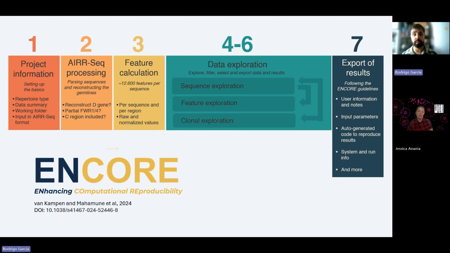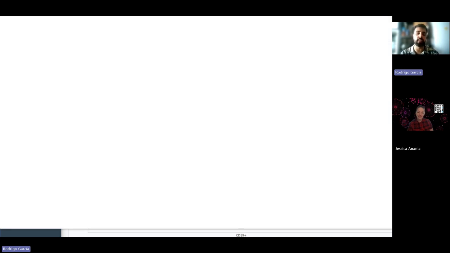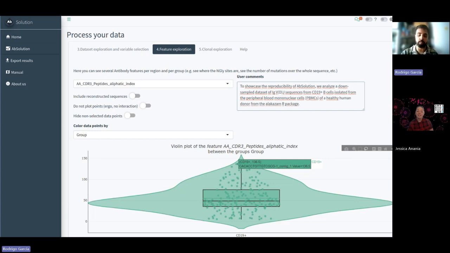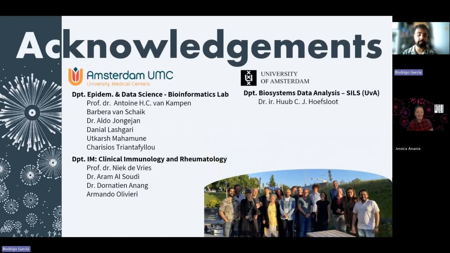Also, we produce a lot of data for every sequence, so this data could be reused for more complex machine learning applications. This is an image of the application, the way it works. Yeah. So you can test different things. You can also click the sequences that you believe are more interesting. You can export it. You can keep track of everything. And that's brilliant. Yeah, you know, this is the team I work with, and they are great.